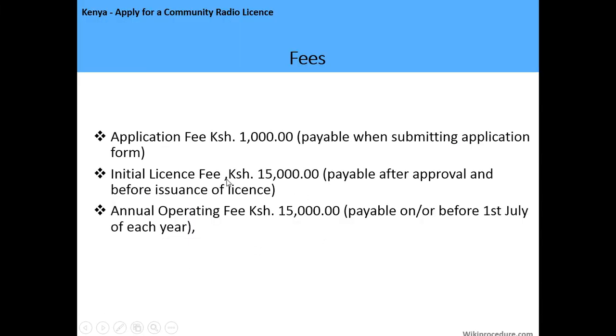So the application fee is 1,000 payable when submitting the application form. Then there's the initial license fee, which is 15,000 payable after approval but before issuance of the license. And there's the annual operating fee. Now this one you are supposed to pay when you're being issued the license, and it's also the annual operating fee. So annually you're supposed to be paying 1,500. But there's also the return fee, which is going to be stipulated in the license which you're going to